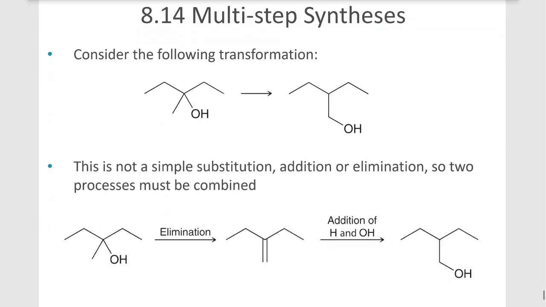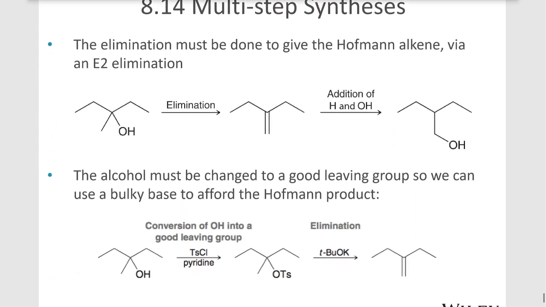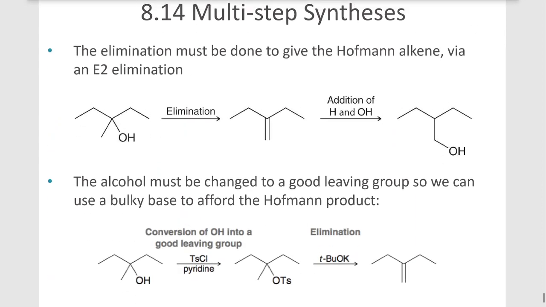So let's consider this transformation here. We're taking an OH group from this carbon and putting it on the adjacent carbon. We can also accomplish that in a two-step transformation where we do an elimination and then an addition of H and OH. So let's see how we would do that. We need the less substituted alkene, so we're going to get the Hofmann product, okay? And then we're going to add H and OH to give us the